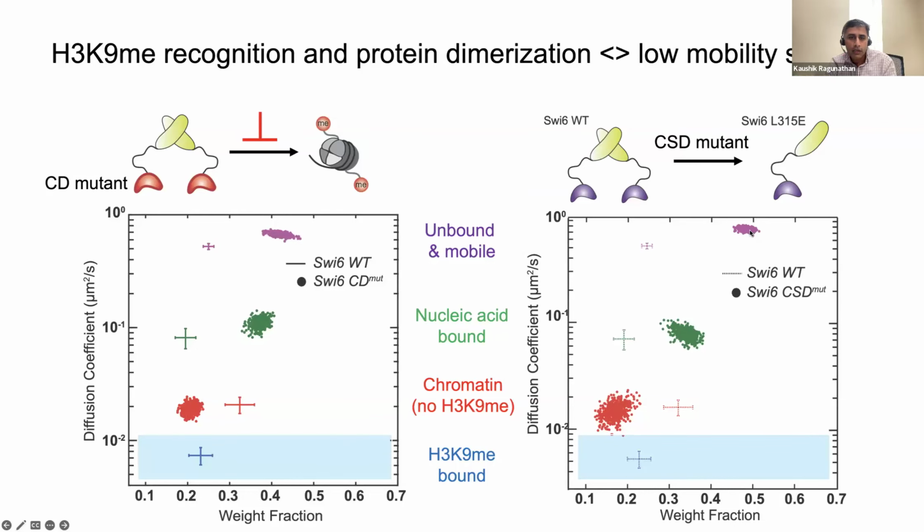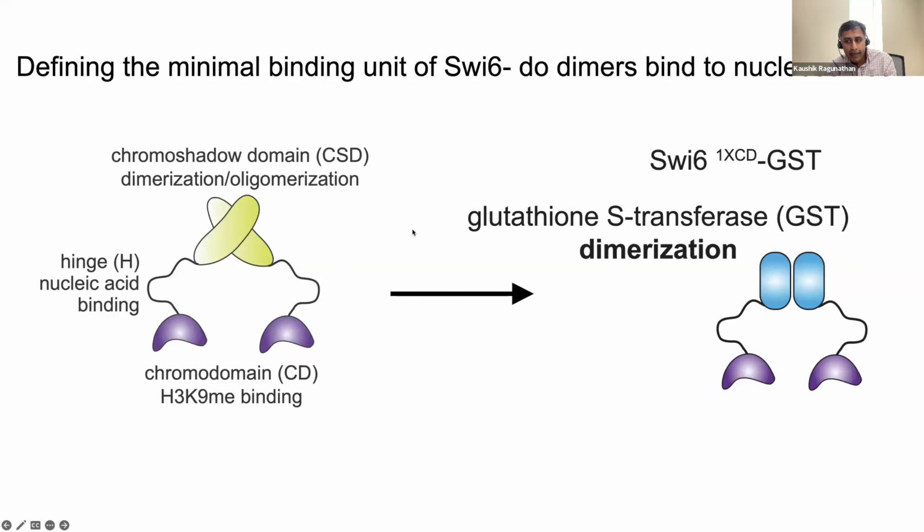So what this really means is that we need to somehow figure out how many chromodomains does it actually take for these proteins to bind to find sites of H3K9 methylation inside the nucleus, and what is the oligomerization state of this protein that is required also to be able to do this. So to answer this question, we started creating artificial versions of SPY6. And one way to do this is to actually take the oligomerization domain of this protein, chop this up, and